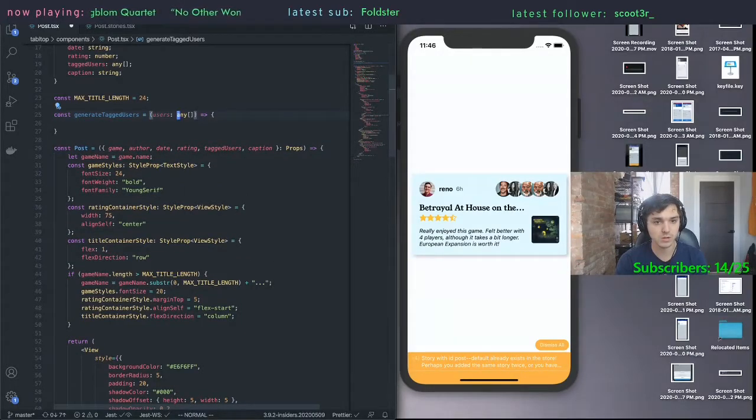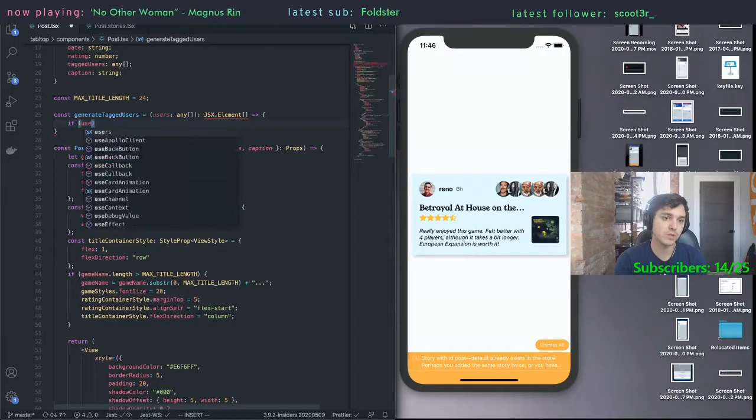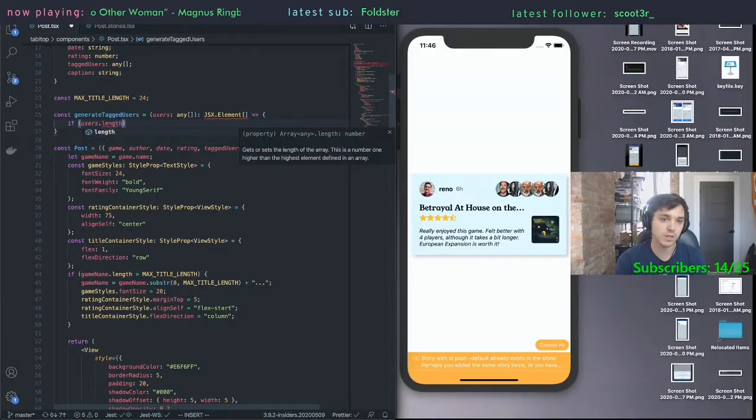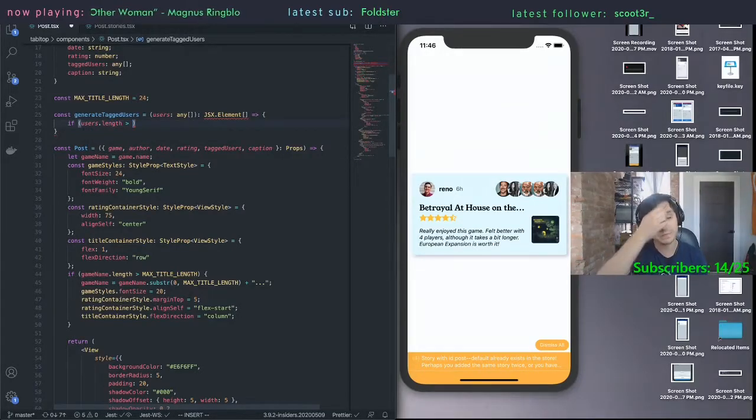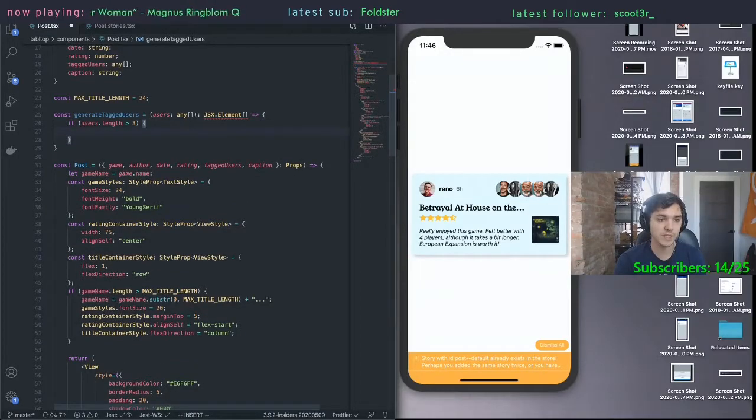And then also, can I not return JSX element, or are you yelling at me? Oh, it's because I haven't returned anything. So if users.length is greater than 3, then we need to basically just render the first 3, and then for the 4th one,